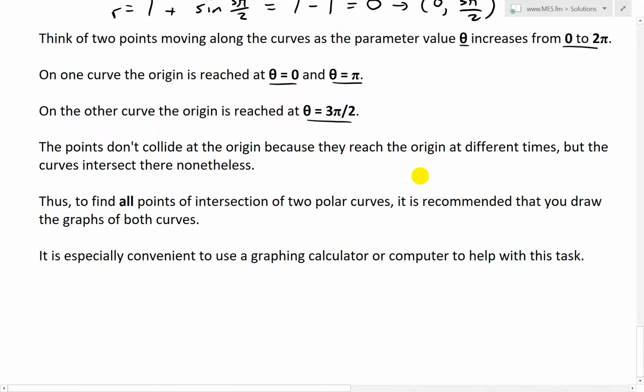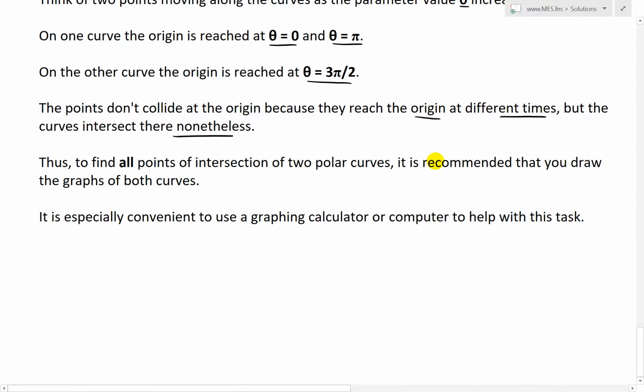over 2. The points don't collide at the origin because they reach the origin at different times, but the curves intersect there nonetheless. So the curves are there, but the actual points don't touch at the same angle at the same time. Thus, to find all points of intersection of two polar curves, it is recommended that you draw the graphs of both curves, and it is especially convenient to use a graphing calculator or computer to help with